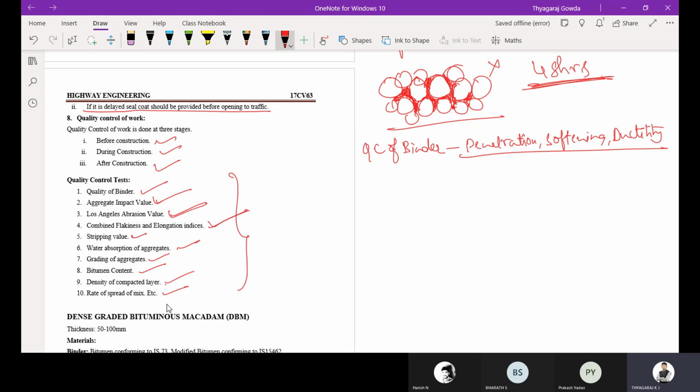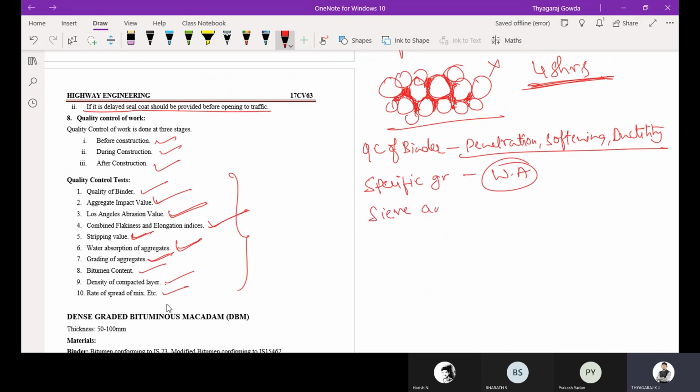Then combined flakiness and elongation index, it should be less than 35%, you are going to check. Stripping value, water absorption: as we know, we have conducted the specific gravity of aggregates, so similarly water absorption we are going to conduct. Then grading of aggregates, that is sieve analysis.